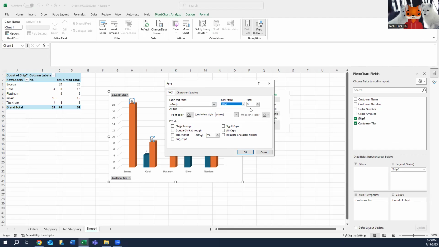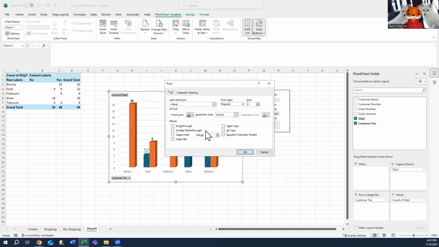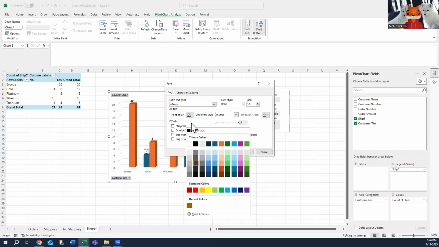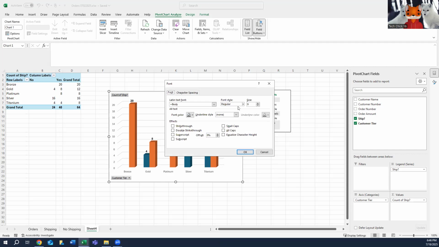We're going to make them bold, change this to a 10, and select black. Click OK. We're going to do the same for the no values. Click font. We're going to change this to bold. Select, type in 10. Click black. Click OK. We're going to do the same for our text values here. Again, bold, 10, black,